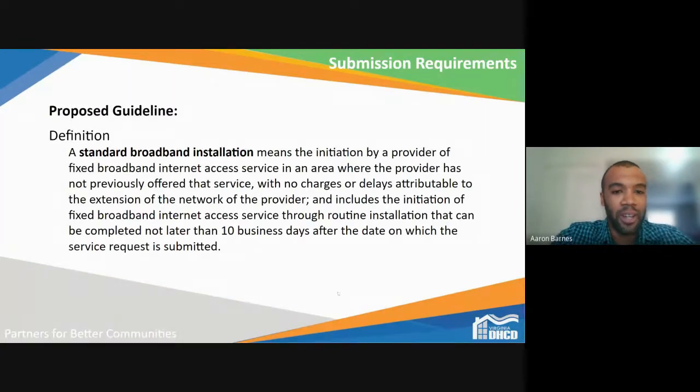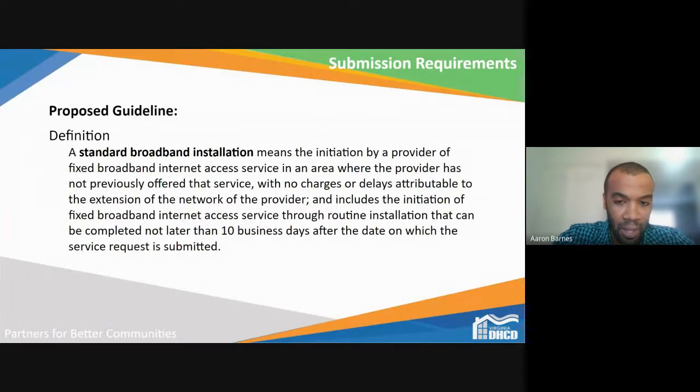So I won't read the entire definition, but there's three things I wanted to highlight within that. For the standard broadband installation, first I wanted to highlight where it says with no charges or delays attributable to the extension of the network of the provider. Second part I wanted to highlight was for the initiation of fixed broadband internet access service through a routine installation. So what we would consider a routine installation.